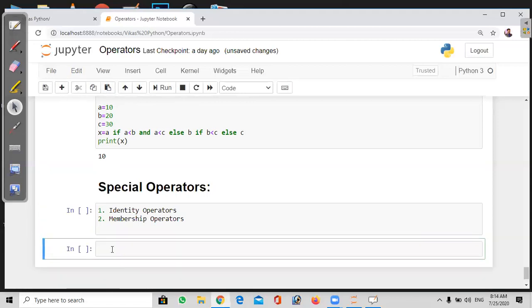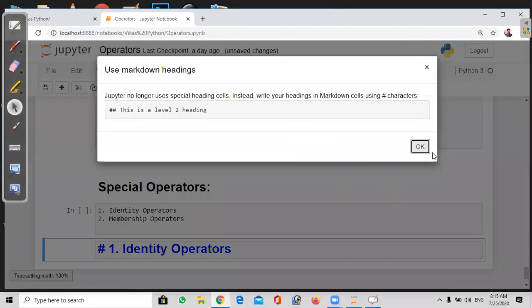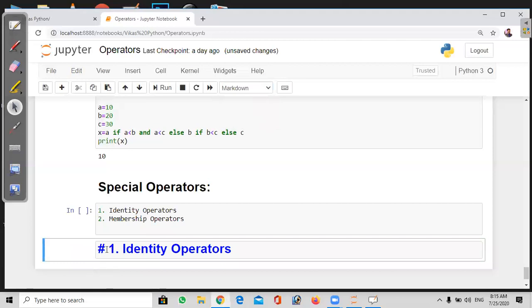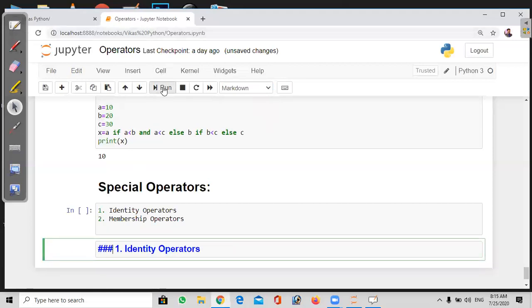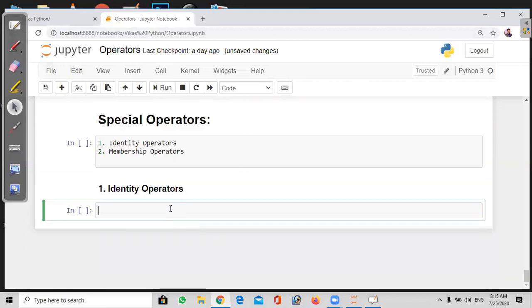So first we'll go with the identity operators. Identity operators are especially used to compare addresses.